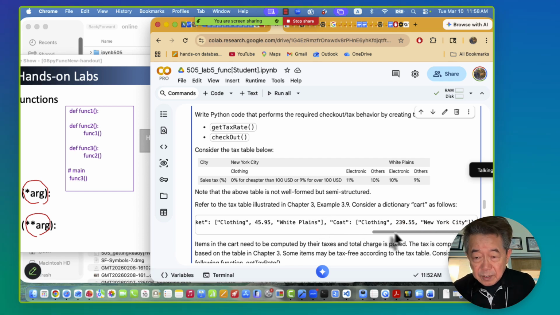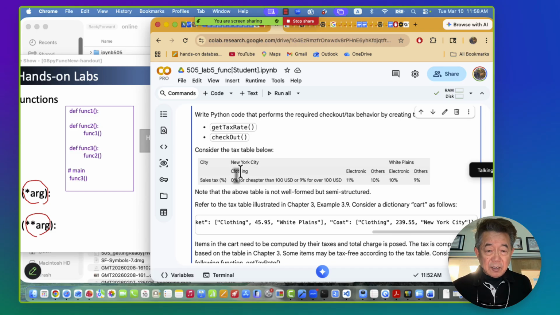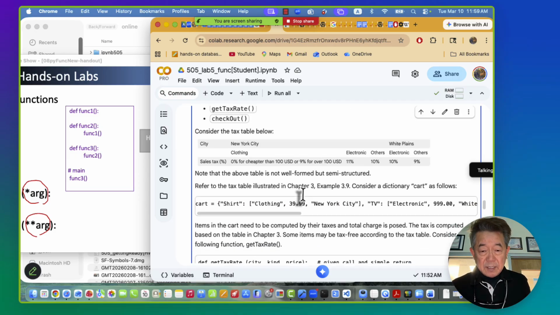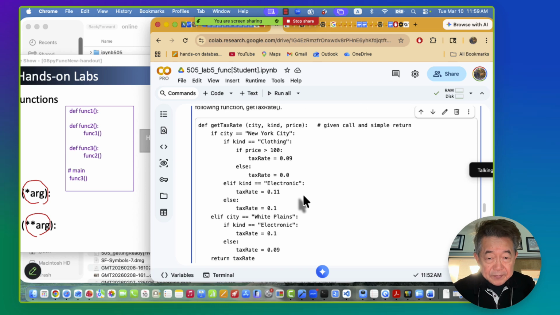And the coat bought in New York City, that is $239.55. So when we see New York City, then clothing, ask 100, 9% tax if it is over 100. This is over 100, so pay that once. So gives with that,